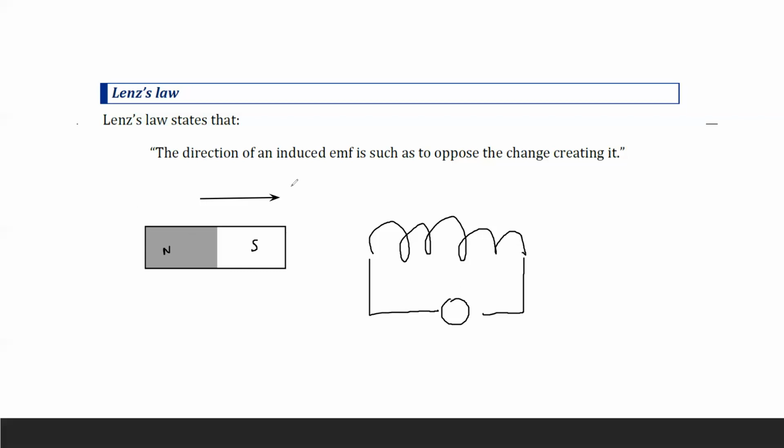So if you are moving the magnet towards, the magnetic field is increasing, so this coil will try to produce a magnetic field which tries to oppose this change. So how can it oppose this change? This side will be south, left hand side, and right hand side will be north. And if the direction of the current is in this manner,